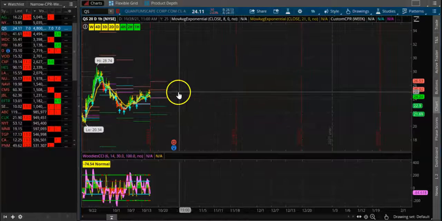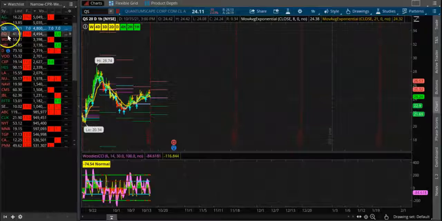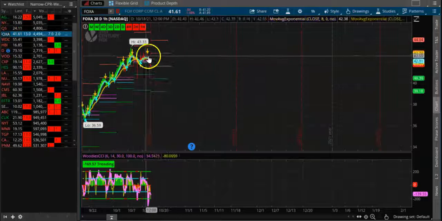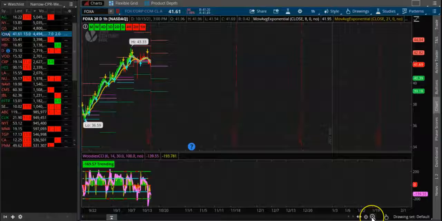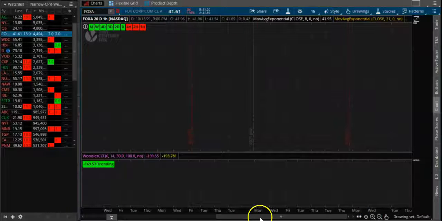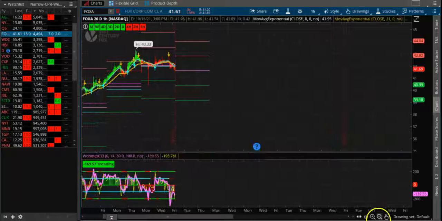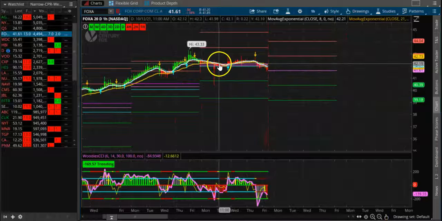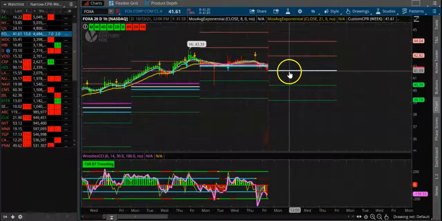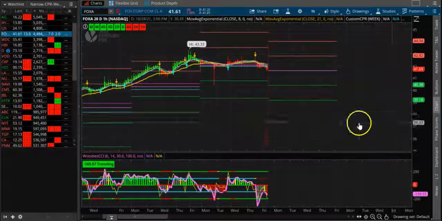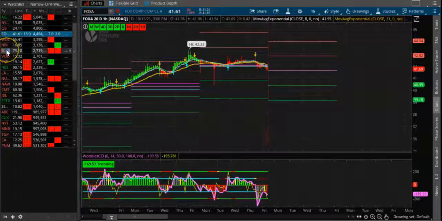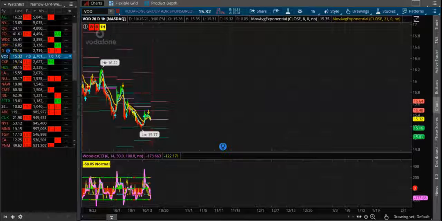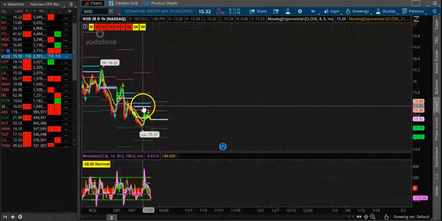This is not a good one because it's not showing CPR. This is a good one again, but this CPR is lower than the previous one. If you look here, this is not a valid one because you have consecutive 3 CPRs up, and then this is low. So this is not a good one. Let's look at this. This is not a good one either.